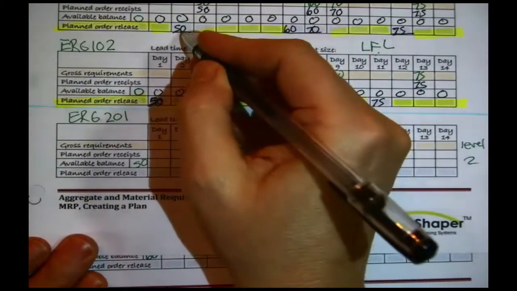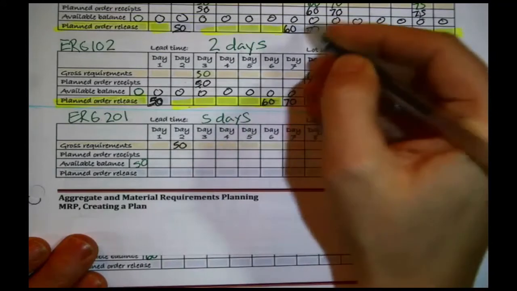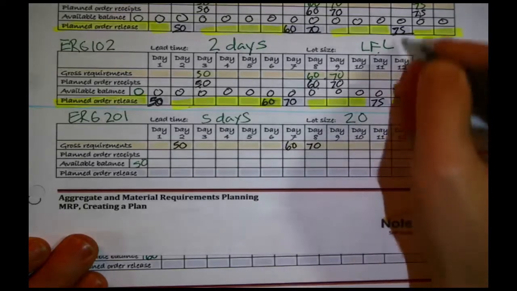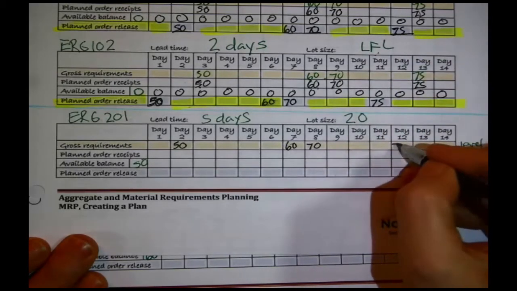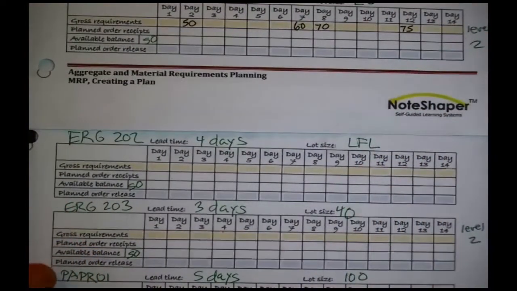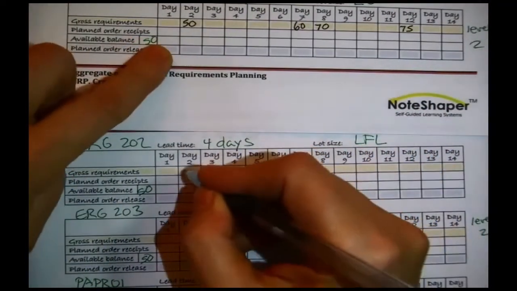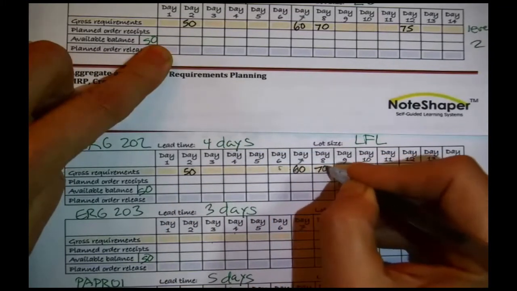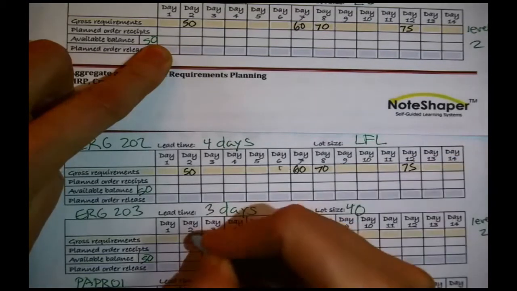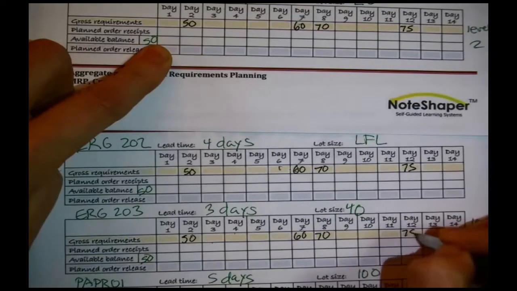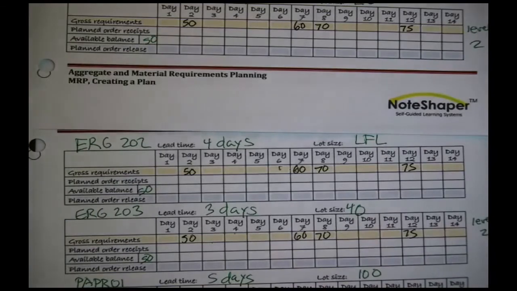This 50 on the second day goes here. This 60 on the 7th day goes here. The 70, and then the 75 on day 12 goes here, because this is one of the children, ERG 201. And then ERG 202 and 203 are on the next page, but it's the same pattern that gets passed to them. They have essentially the same links. They are linked to the same record up above: 50, 60, 70, 75. Okay, so we took care of that,